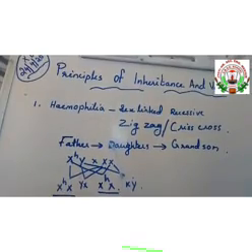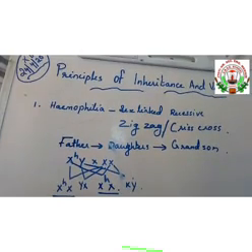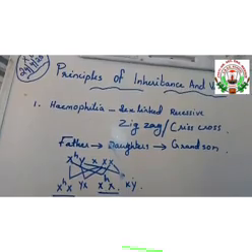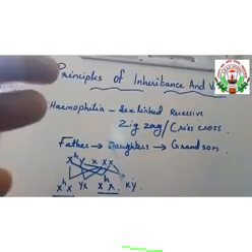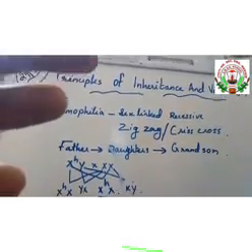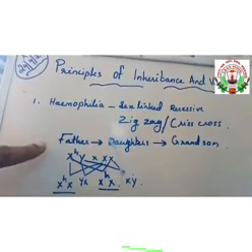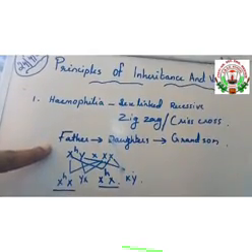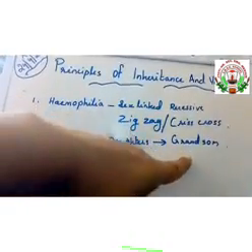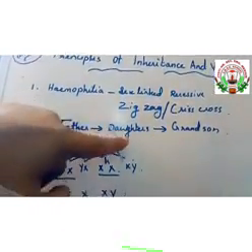Okay, sex-linked recessive trait means what? If that allele or the gene which is responsible for this particular disease is present in the X chromosome. Okay, and the hemophilic pattern follows a zigzag kind of inheritance, or crisscross inheritance. Crisscross inheritance is that a father transmits the disease to his grandson through the daughters, but the daughters won't